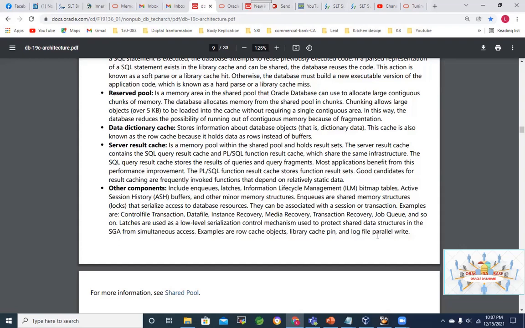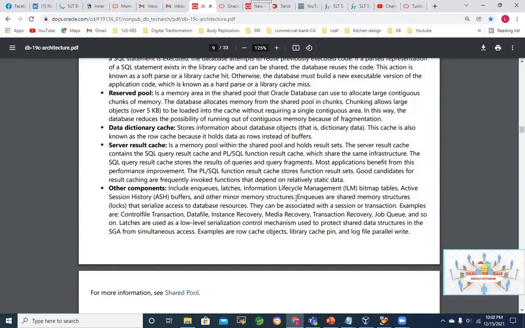So we have data lake, and data lake has now gone further to Delta Lake, right? Delta Lake and Data Lakehouse for analytics. So we know these new terms are there. So ILM, active session history, that is another area. We know that to get the session related information for SQL queries is very important when we troubleshoot tuning issues with SQL statements and other minor memory structures. Okay, we have those things.